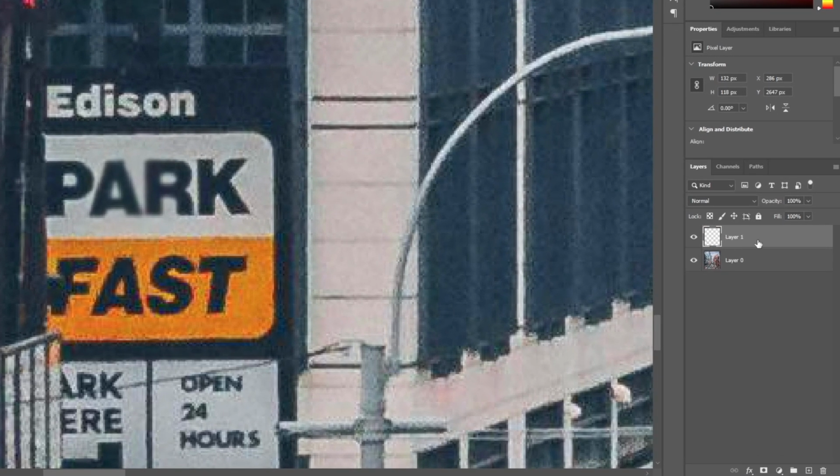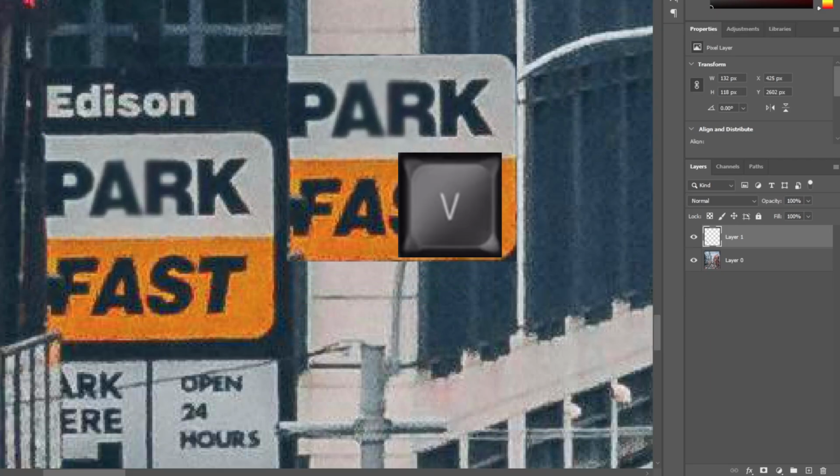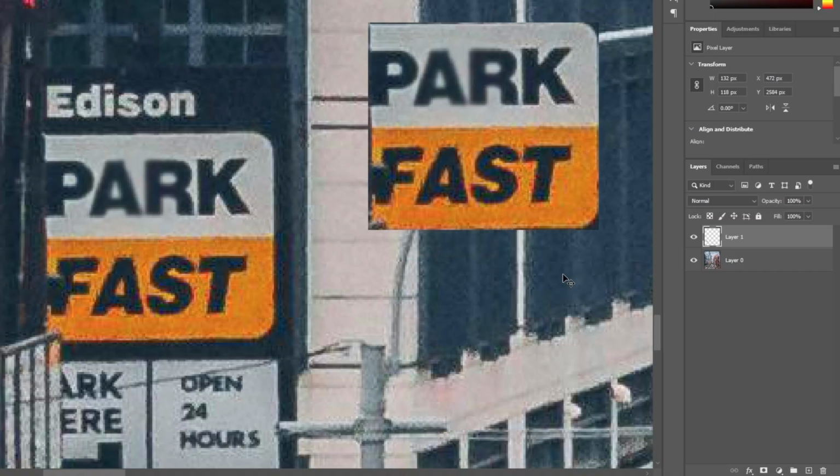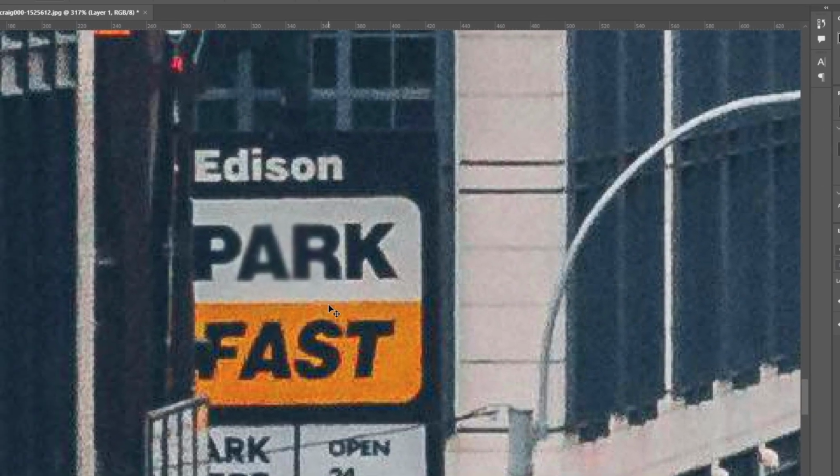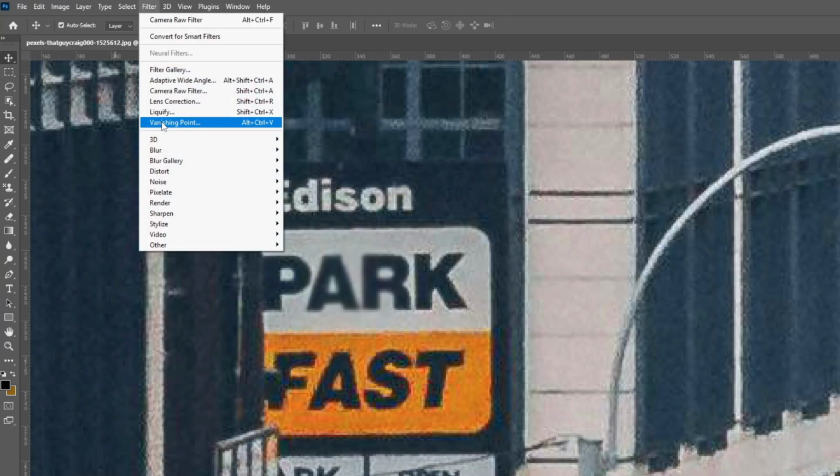And if you pay attention at the layers, a new layer has been created. Make sure you select this layer which you created. Also, if you press V to use the select tool, now you can see you can drag and drop it wherever you want. So this is basically what we did. Now Ctrl and Z to put it where it was, and using the filters